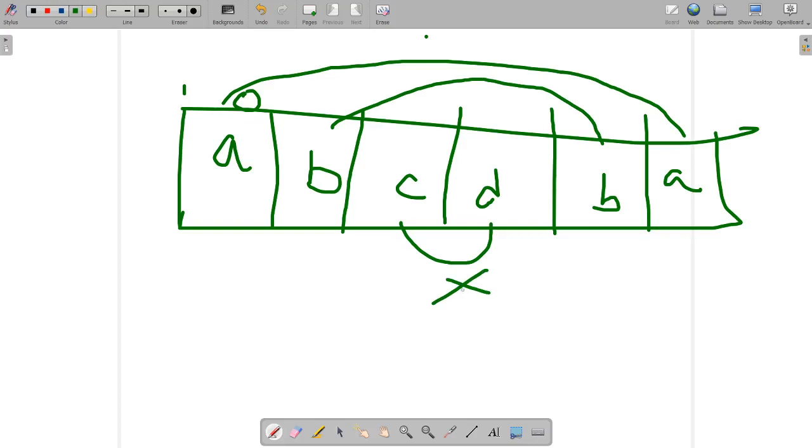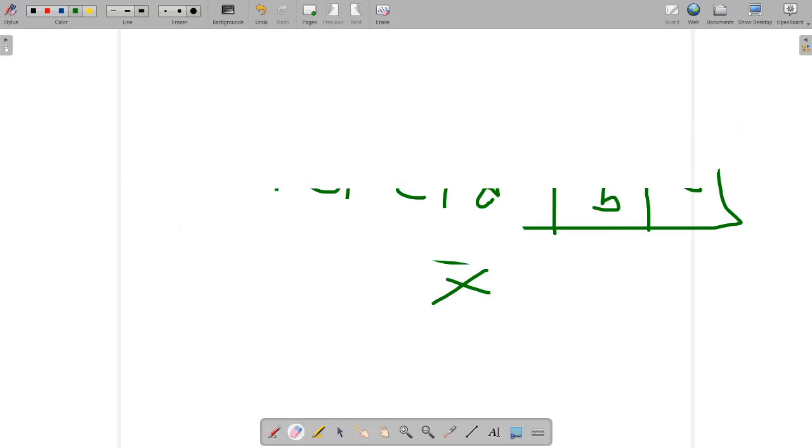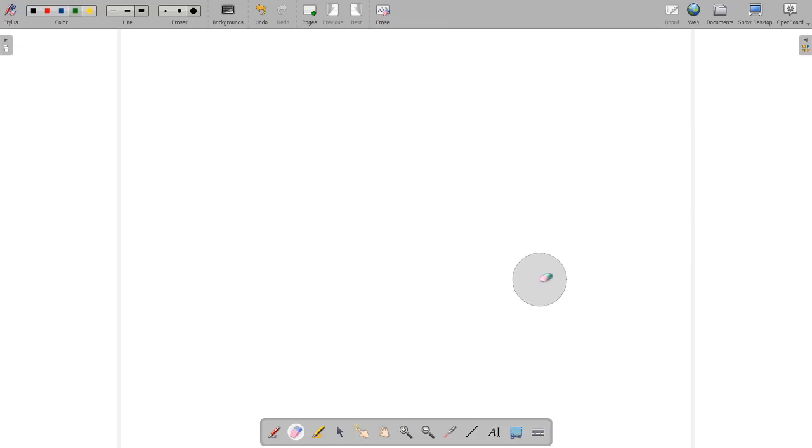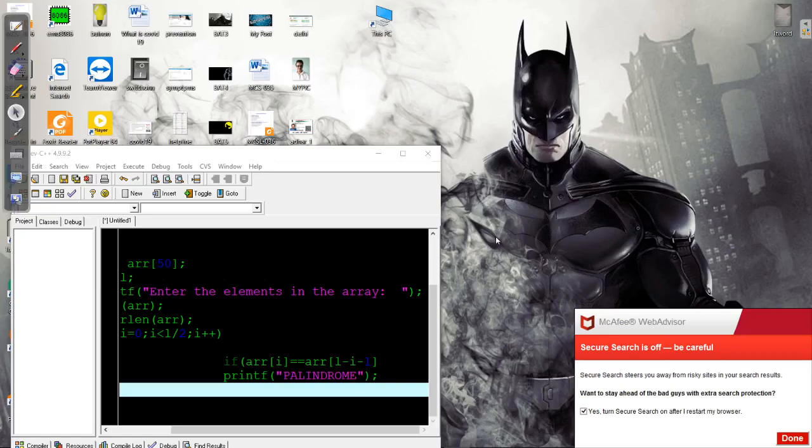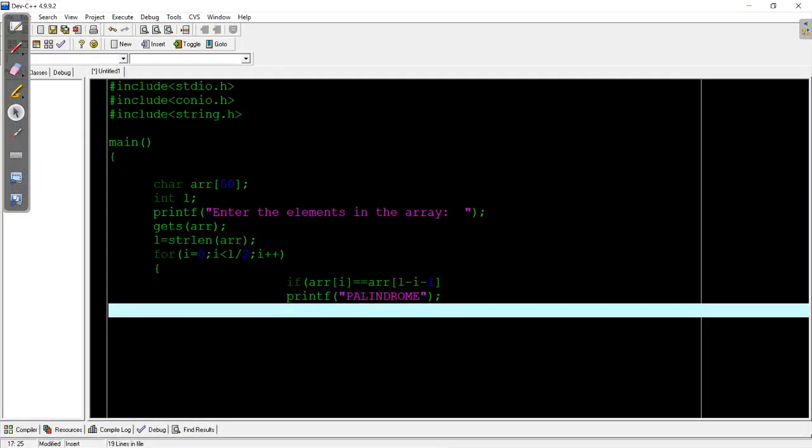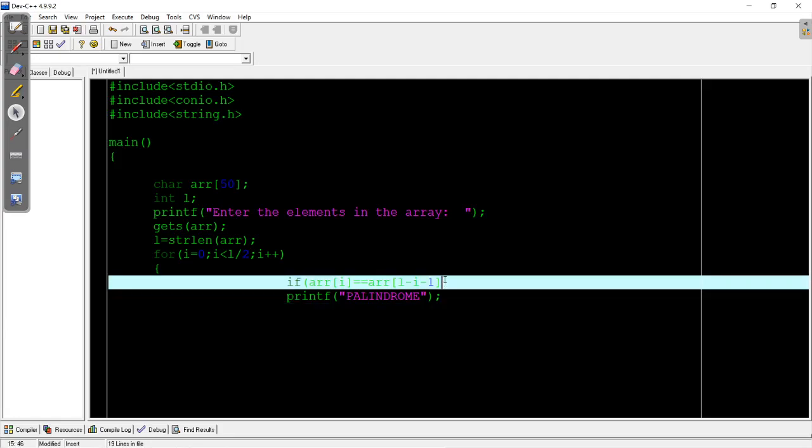So it's better not to check whether the first and the respective last value are equal. Instead we'll check whether they are not equal. Understood? If they are not equal, then we can say it is not a palindrome. If any of the values is not equal, then we can say it is not a palindrome.